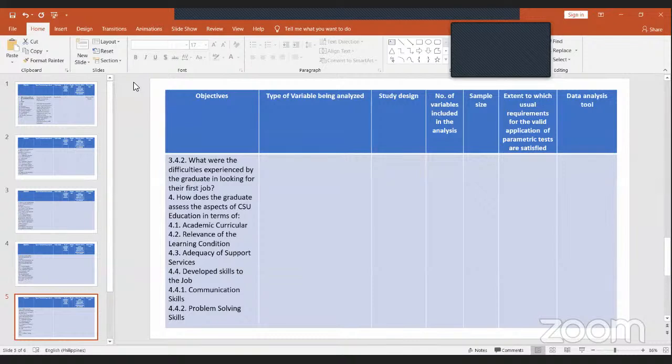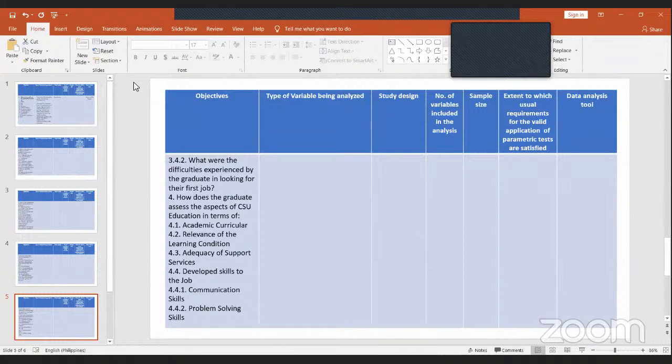Nice. Okay. Alright, maganda ito, no? This is not just an ordinary tracer study. Maganda. Okay. So what are the difficulties experienced by the graduates? Are you referring to this? Yes, ma'am. Dyan po sa part niyan, ma'am, we talk about po dyan sa underemployment part po siya nung research